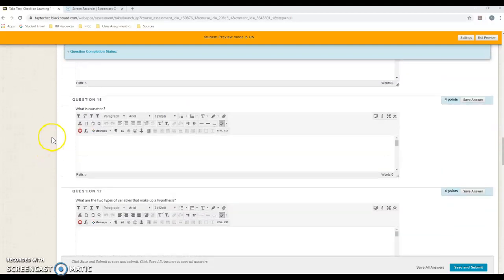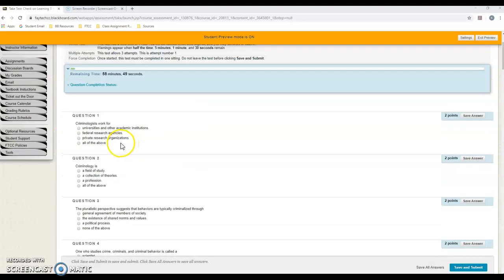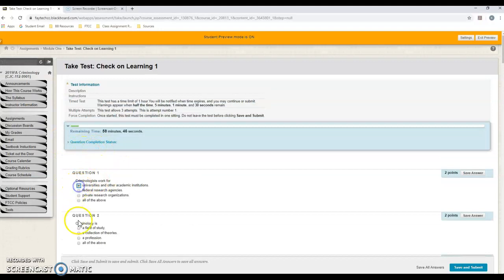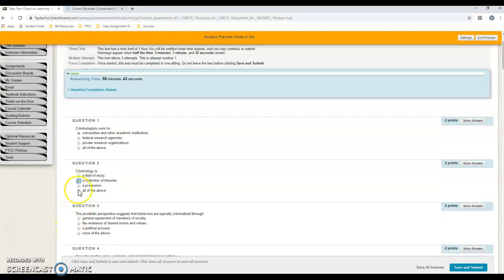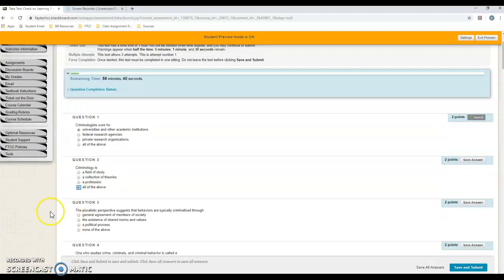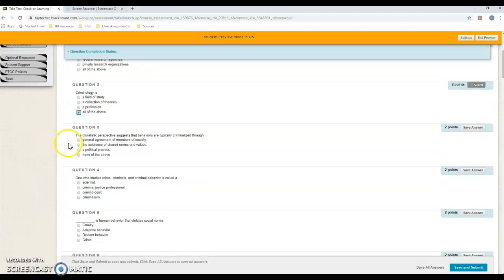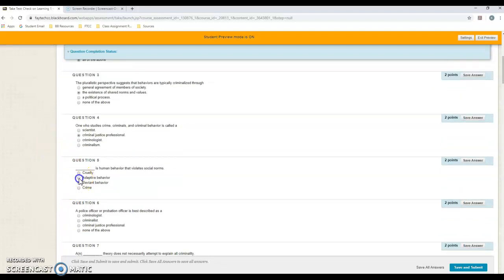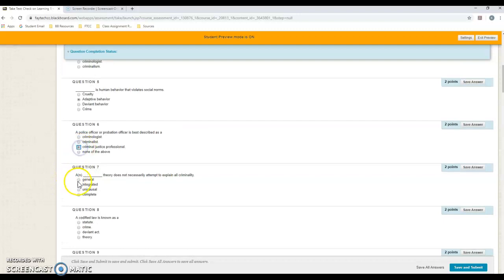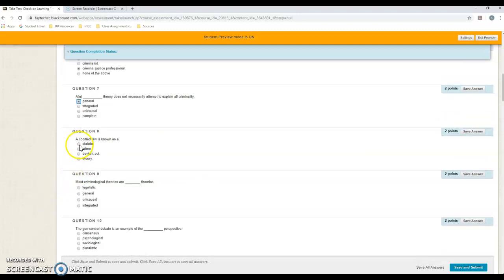So what I'm going to do, I'm not going to go through here and take this whole thing. I am just going to click on some answers, I'm going to click a couple that I know are right so I can show you the differences, but I am going to kind of run down here and just show you what it looks like when you go into